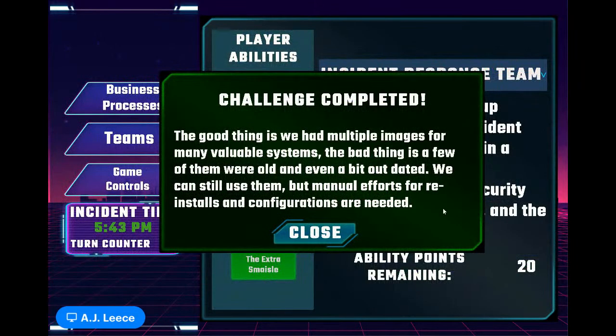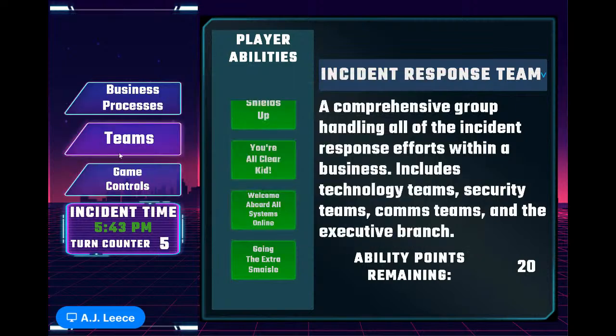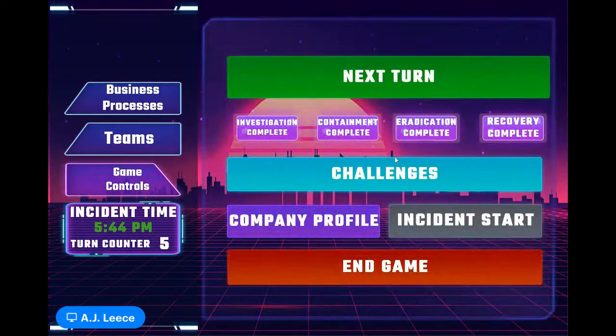So it's a good thing we had multiple images for many systems. The bad thing is they're a little out of date. When you build some of this, as the business grows and evolves, new applications get brought in, more data gets added. But if you're not somehow maintaining that level of backup capability, the imaging management piece, you're going to have to go through and redo some of this. You're going to have to add some of that manually in some capacity or another. So in this case, we're mostly intact, but we're going to have to do a couple of rounds of installs, and so we're good to go.